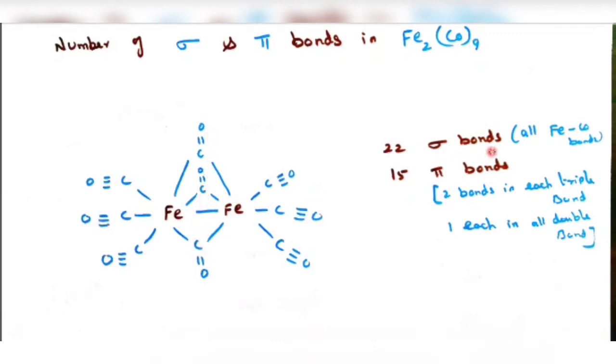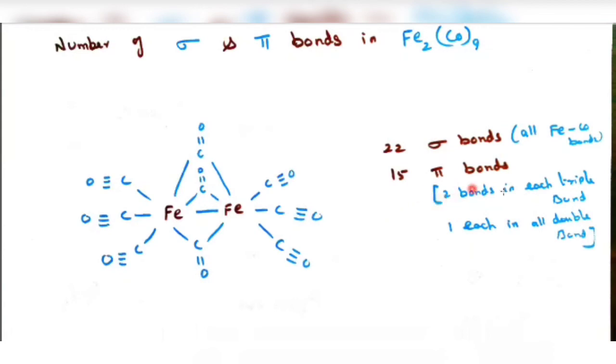So when you calculate sigma bonds and pi bonds, let us see whether we are getting the correct answer or not. Each single bond is called a sigma bond. All Fe-CO bonds are called sigma bonds. But a pi bond means a double bond is considered as a pi bond. In a double bond, one pi bond and one sigma bond, because a pi bond never comes alone. So when a pi bond is there, there is one sigma bond. A triple bond means two pi bonds and one sigma bond. A double bond means one pi bond and one sigma bond.